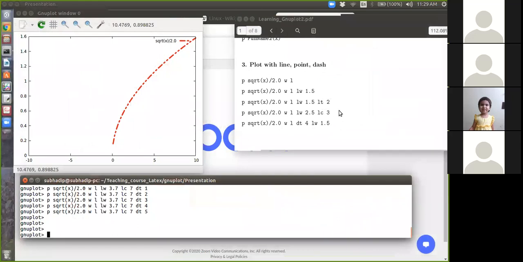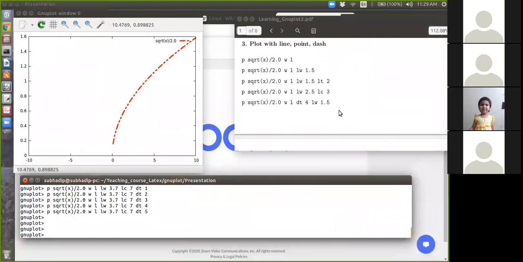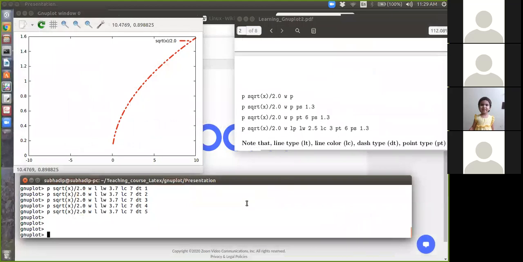Okay. So yeah, so plot with line and dash, it is done. So I will go for now point. Okay. So is it possible to plot a function with point? Yeah, it is. So this is width space point.